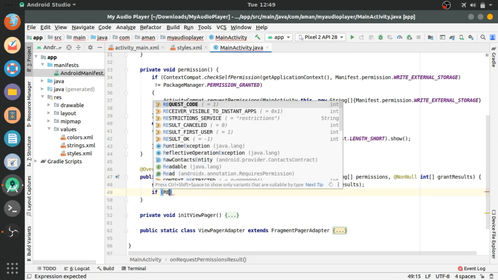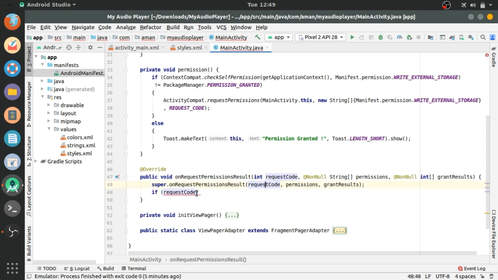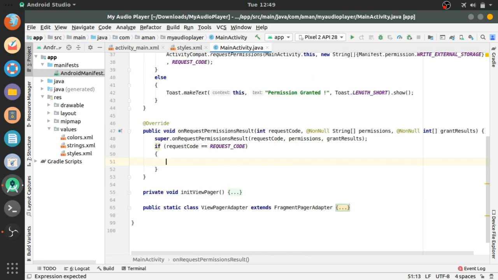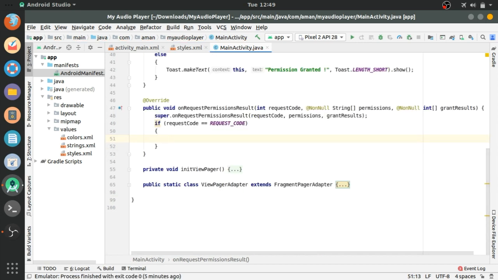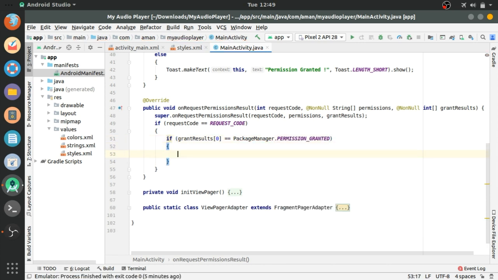Now in onRequestPermissionsResult, if requestCode equals the request code that we have declared above, then we will check if grantResults at index 0 equals PackageManager.PERMISSION_GRANTED, then we will do the same work that we have done above in the else block.